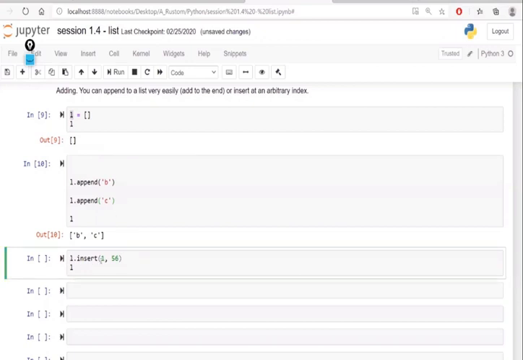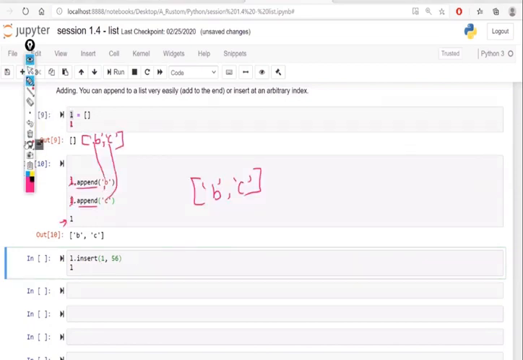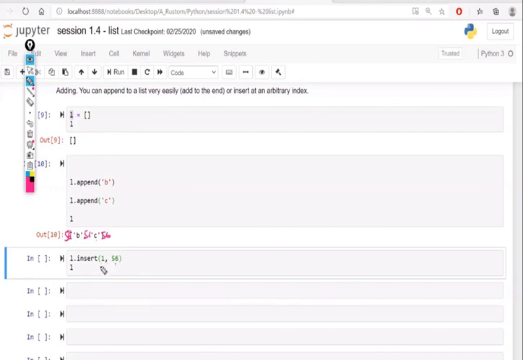And here I have an insert, right? When I say insert, now the question is where to insert. We already have B and C here. Where to insert this 56? Should I insert here, or should I insert here? There is a question. That is where the index concept will come into the picture. This one basically indicates the index. And how does Python understand this? Let's understand. Suppose this is the data, A, B, C, D.